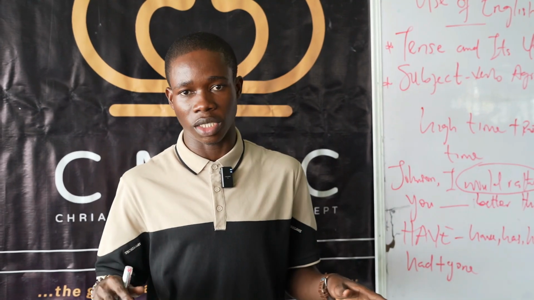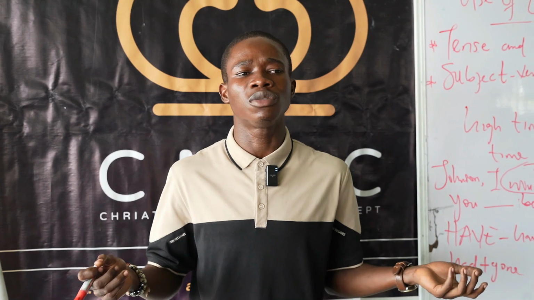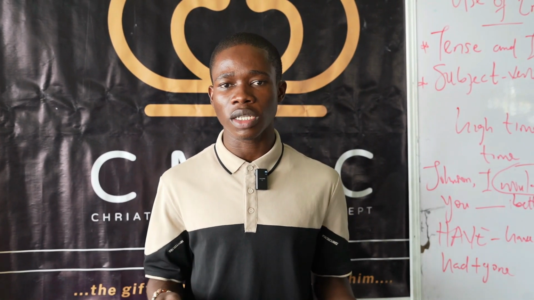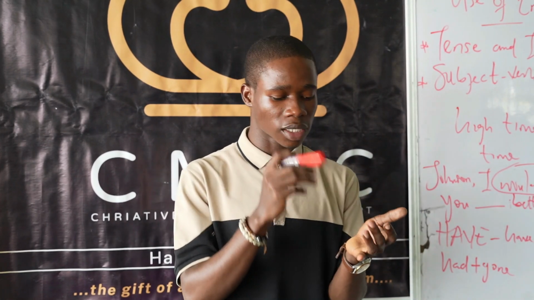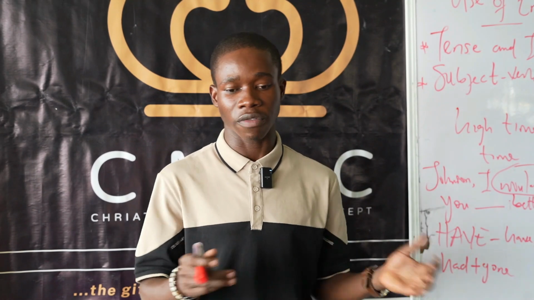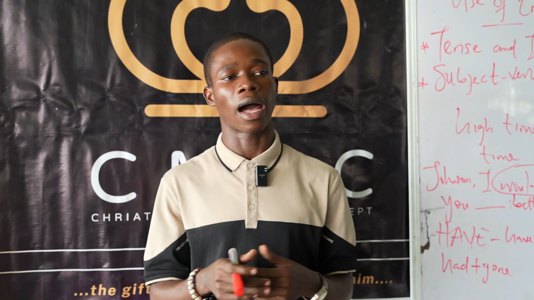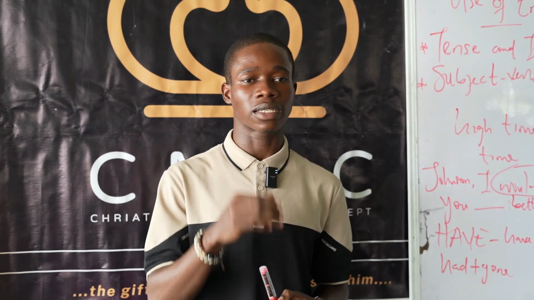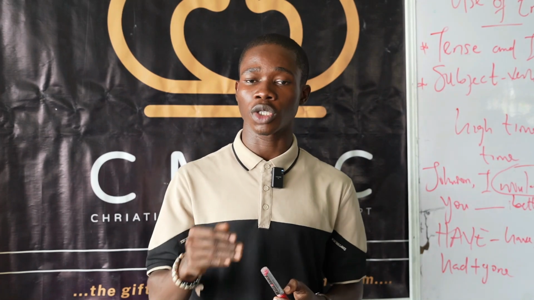This one is the basic rule of Concord. Everybody has to know this. So you don't go about saying, my friend go home at 2 p.m. You don't go about saying that. That would be wrong because the basic rule, the foundation of this topic, is that a singular subject goes with a singular verb, a plural subject goes with a plural verb, which I've given you examples. Now, I'd like to continue with those ones that I said are exceptional. Now, look at this. We have said that a plural subject goes with a plural verb, a singular subject goes with a singular verb.